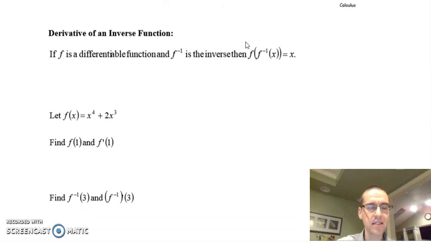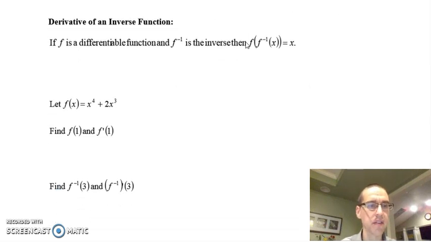So the next idea is the derivative of an inverse function. Probably not one of the most difficult things, but not necessarily the easiest. So, derivative of an inverse function. So if f is differentiable and f